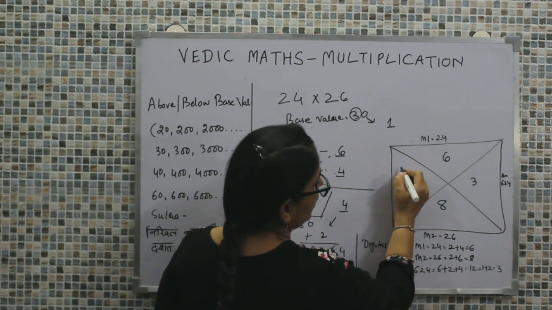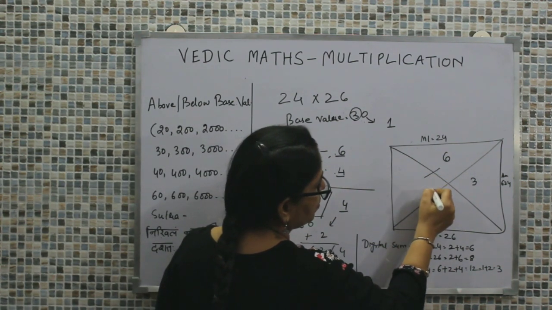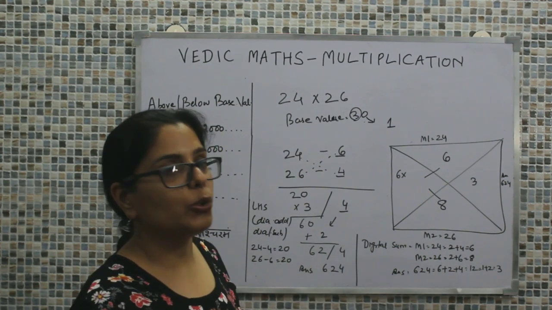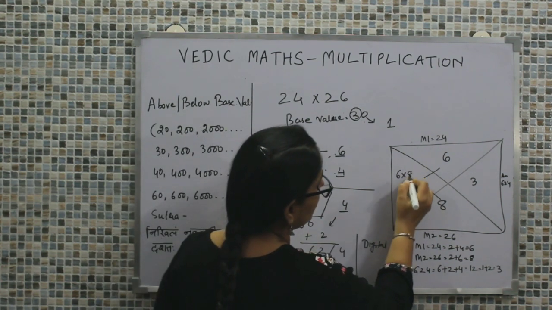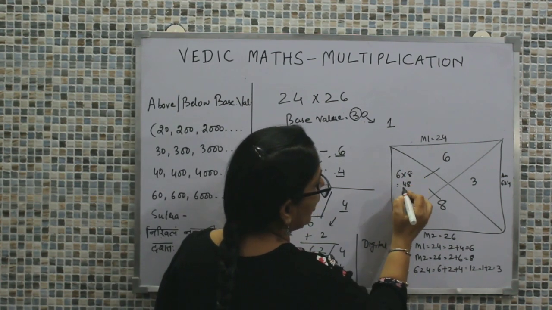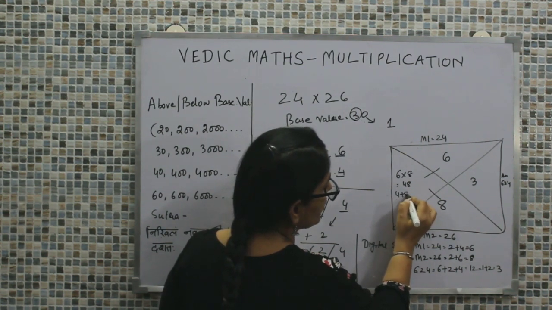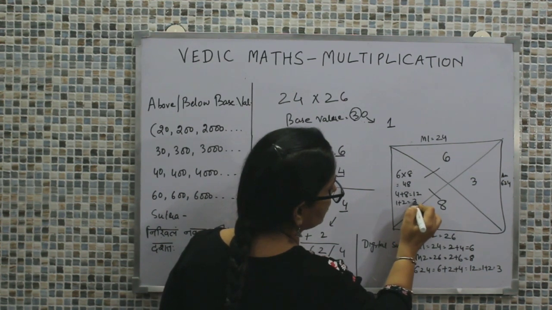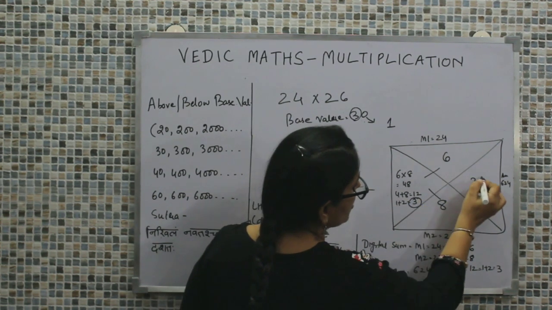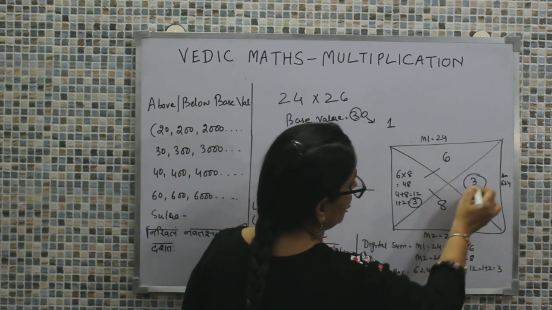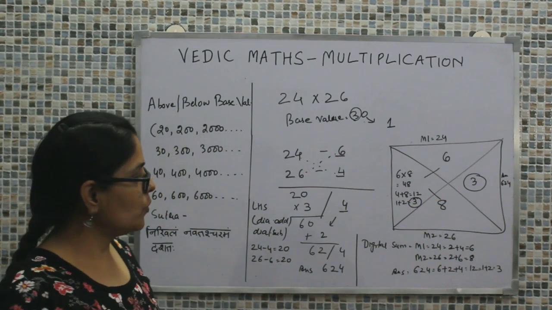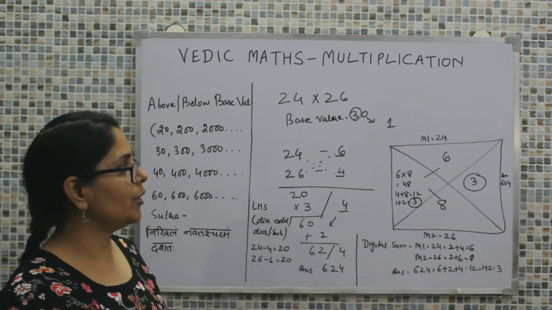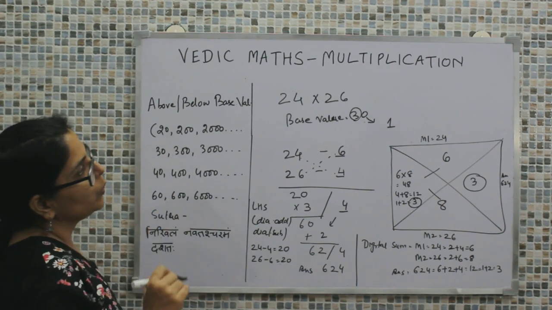Now this portion defines the multiplication of the digital sums of the two multipliers. So that will be 6 into 8, that is 48. And the digital sum of 48 would be 4 plus 8, that is 12. 12 can again be written as 1 plus 2, that is 3. So we are getting the verification of the digital sum. Both the values are verified, and hence the value which we have calculated as 624 is perfectly right. So this is the way we can verify and do the calculations.